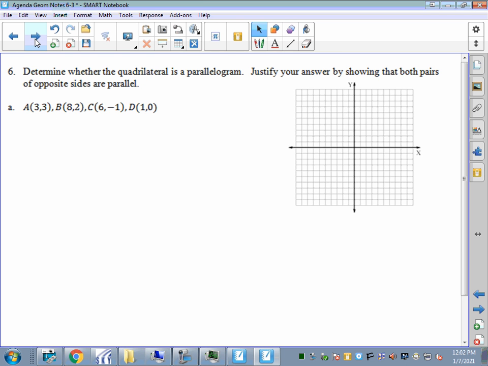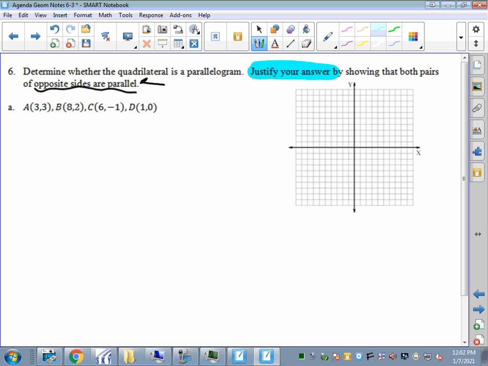So let's do one more example, I think. Determine if this is a parallelogram. Justify your answer by showing that both pairs of opposite sides are parallel. I kind of gave you a huge hint here. I don't think in the book it's going to give you such a large hint. So justify your answers by showing that both pairs of opposite sides are parallel, which means we're going to need